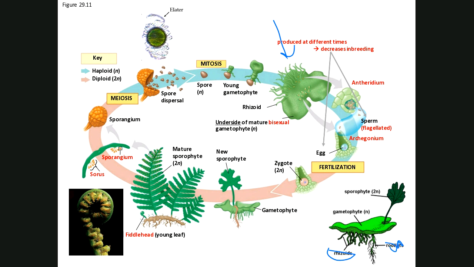See these little rhizoids? That word rootlet really shouldn't be there. So coming out of that archegonium is the zygote, which turns the corner and grows up between that little area of the heart shape on the gametophyte, and that's our new sporophyte, and that's going to become this. And they're really kind of cool. They unroll. So first they unroll longwise, and then the leaves roll out from the center stem. They call it a fiddlehead, a young leaf, because it looks like the part of a violin that you tune, a fiddlehead.